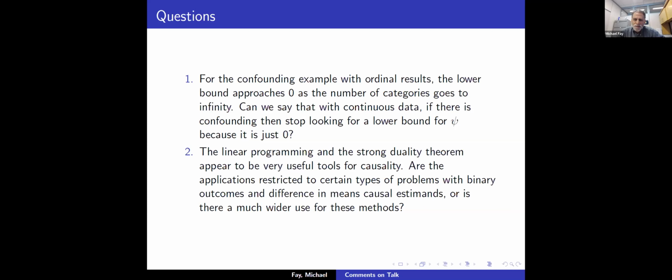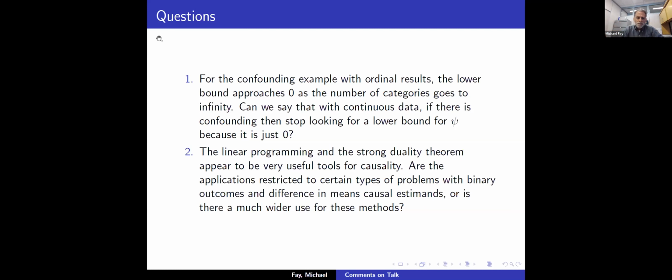My other question is basically, can you talk more about this linear program and the strong duality theorem and all this other stuff? It seems like you have a whole toolkit that can be applied to a lot of problems, but then I got mixed up about how big the class of problems is that you could apply it to. Maybe you could talk a little bit about that. Okay, so